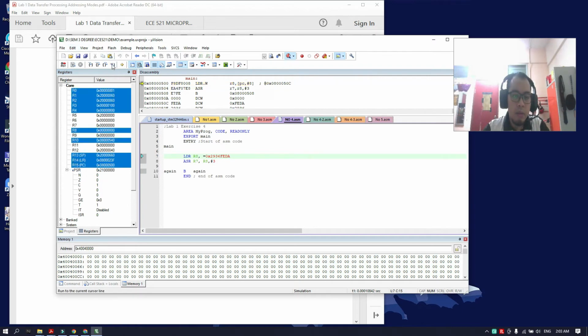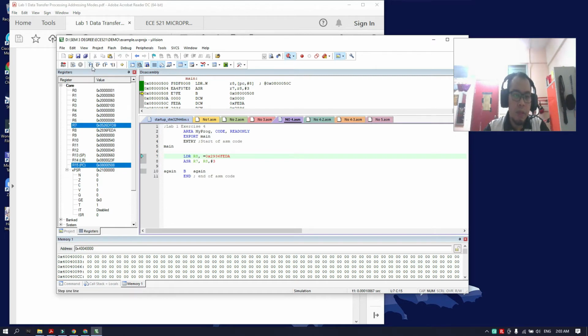Let's execute. The R8 is loaded, and R7 is the destination register for the process of ASR R8 for 3 times, which is the arithmetic shift right, where